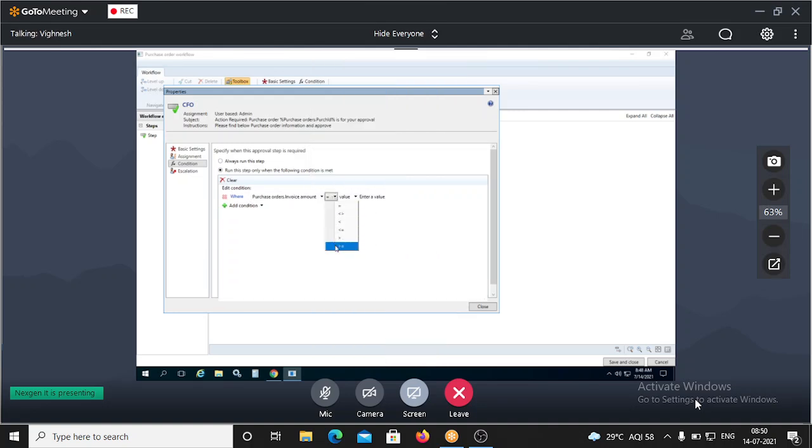And here we have greater than, less than, equal to, all this, right? So purchase order invoice amount is greater than, let's say, 1 lakh. Okay, so 1 lakh. What I'll do,